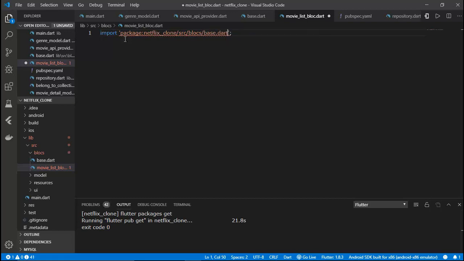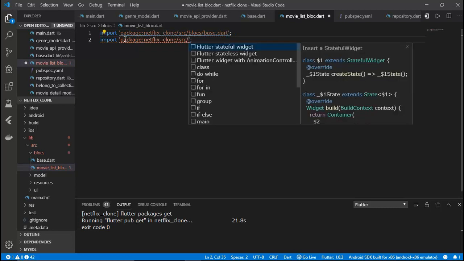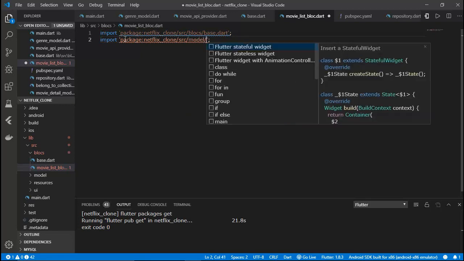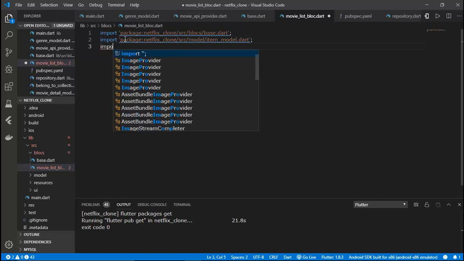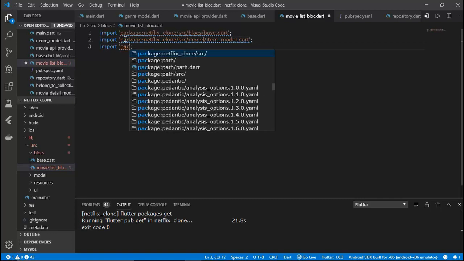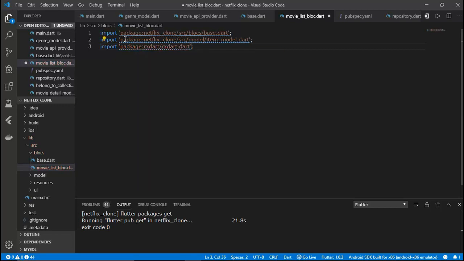So let's import the base block, and then we are going to import the package Netflix clone src, then models item model dot dart, and after that I will also import the package rx dot dart,